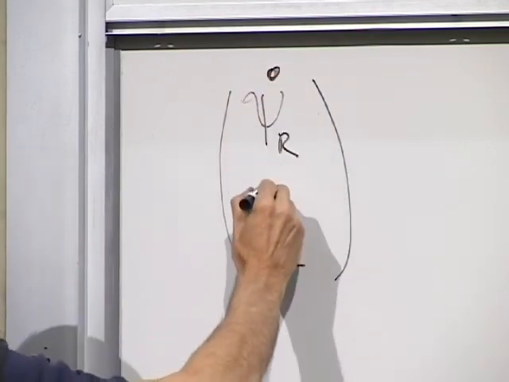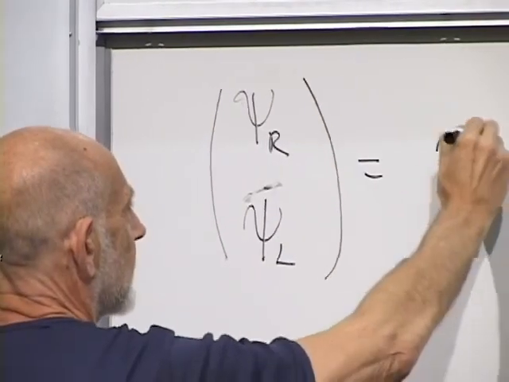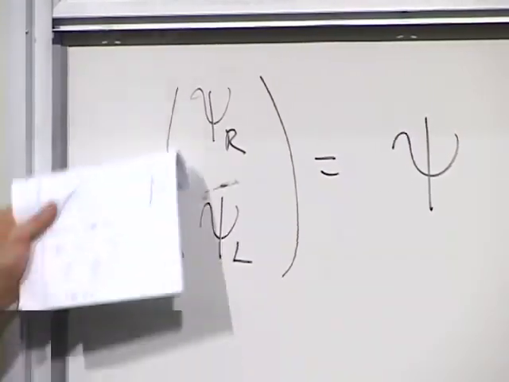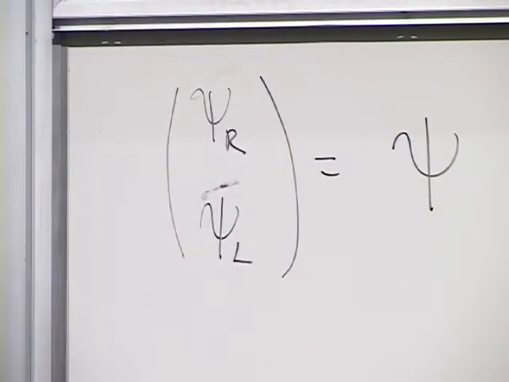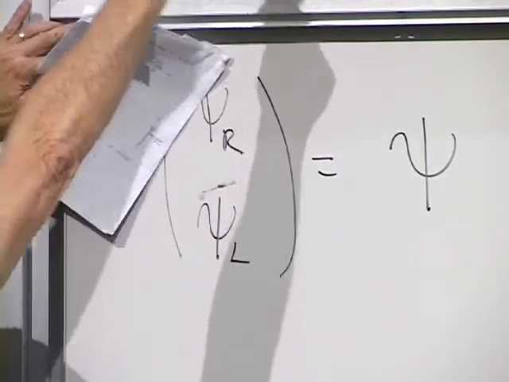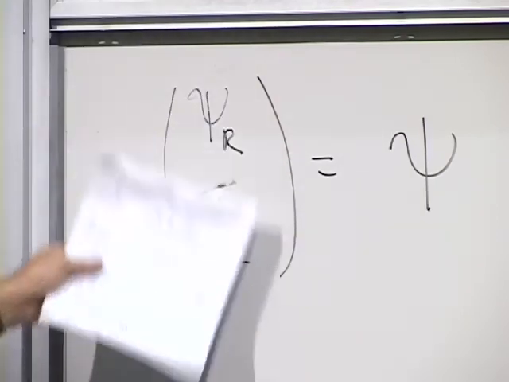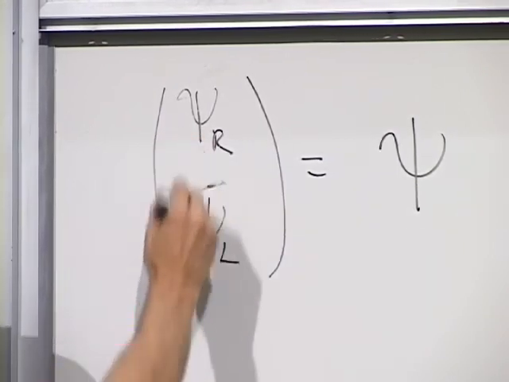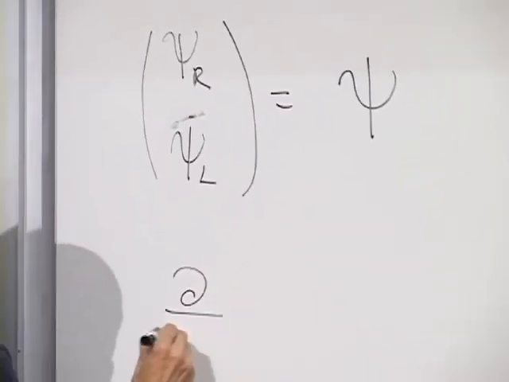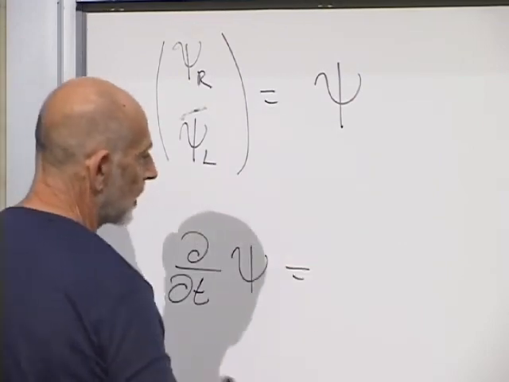Dot means time derivative. Well, first of all, let's call this psi. It's now just psi, but it's a column vector. It's neither left nor right, but contains both of them. Now, let's take these two equations and combine them together into a single equation for the column vector psi. I'll write down what it is, and then we'll look at it and see what it says. What it says is that d by dt of psi is equal to something that I'm going to